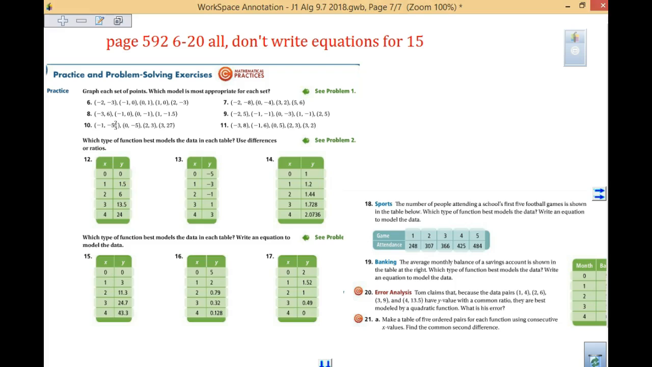Okay? So your homework assignment is 592, 6 to 20 all. And notice we ask you not to, for 15, write the equation. And the main reason is probably that it's not as easy to come up with. Okay? So,